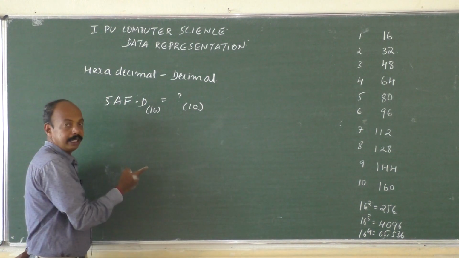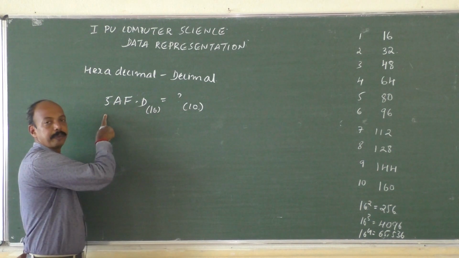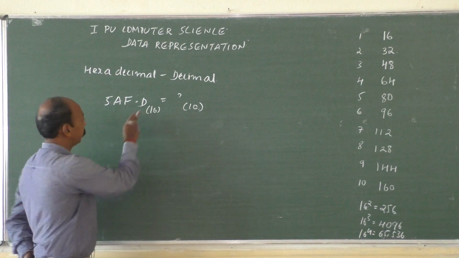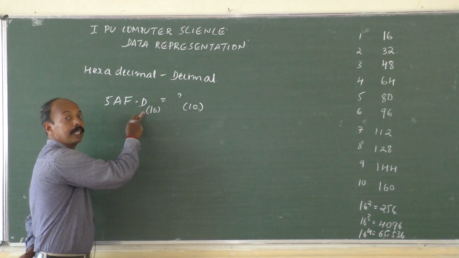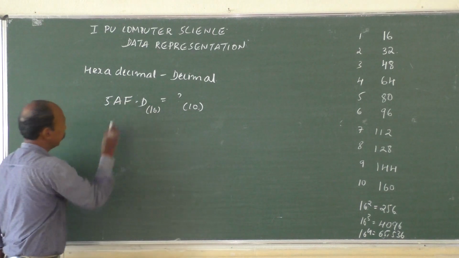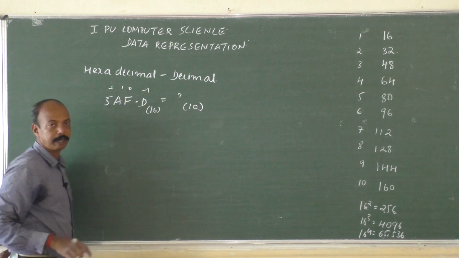Here is one more point with respect to hexadecimal. Which is the LSB here? LSB is this. Which is the MSB here? It's 5. So which is 16 to the power 0, is this one? No, this is 16 to the power minus 1. 16 to the power 0 is this one. That's why these positions are 0, 1, 2 and this position is minus 1.